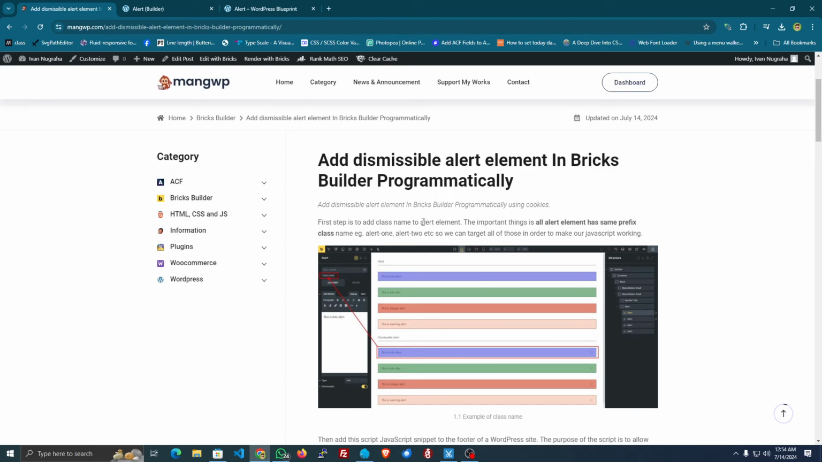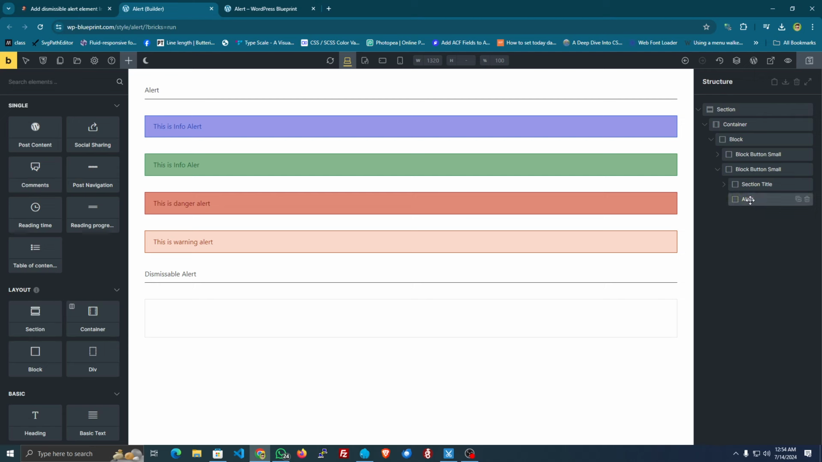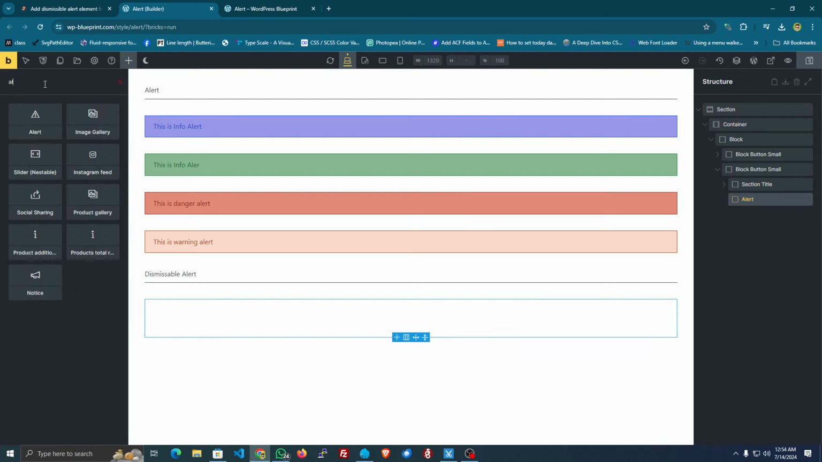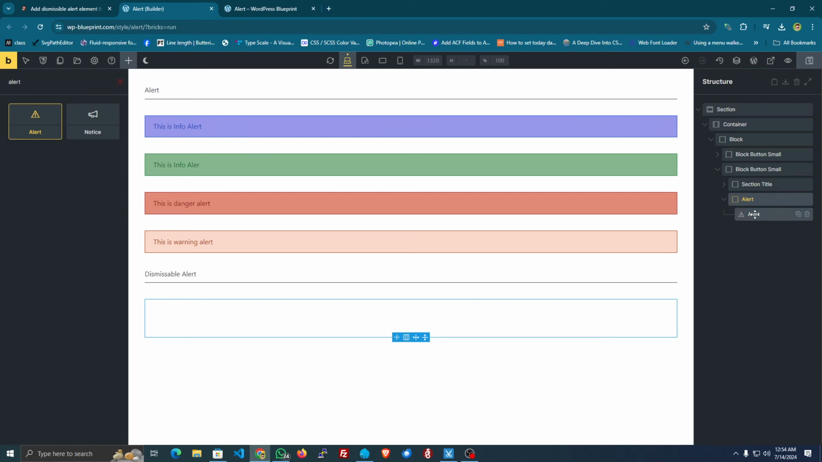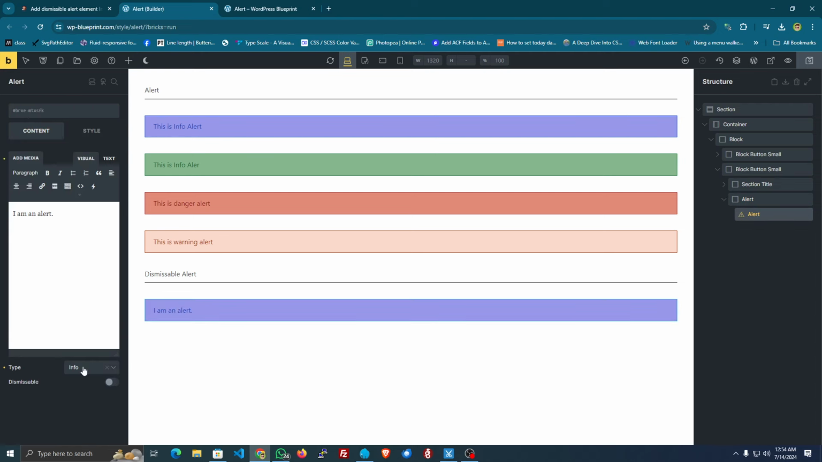Okay, the first step is to add a class name to the alert element. The important thing is that all alert elements have the same prefix class name, such as alert1 or alert2. So let's go to our builder and add an alert element. Let's say we're going to use info or maybe warning,